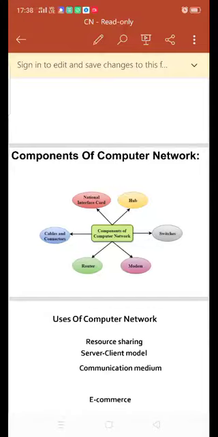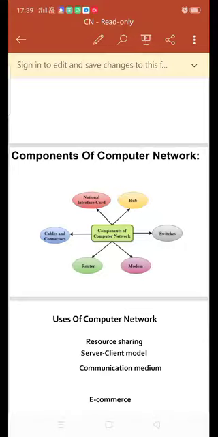First one is twisted pair, second one is coaxial cable, and third is fiber optic cable. Twisted pair is a very high speed cable that transmits data at 1 GB per second or more. Coaxial cable is used, resembling a TV installation cable. Fiber optic is a high speed cable that transmits the data using light beams.